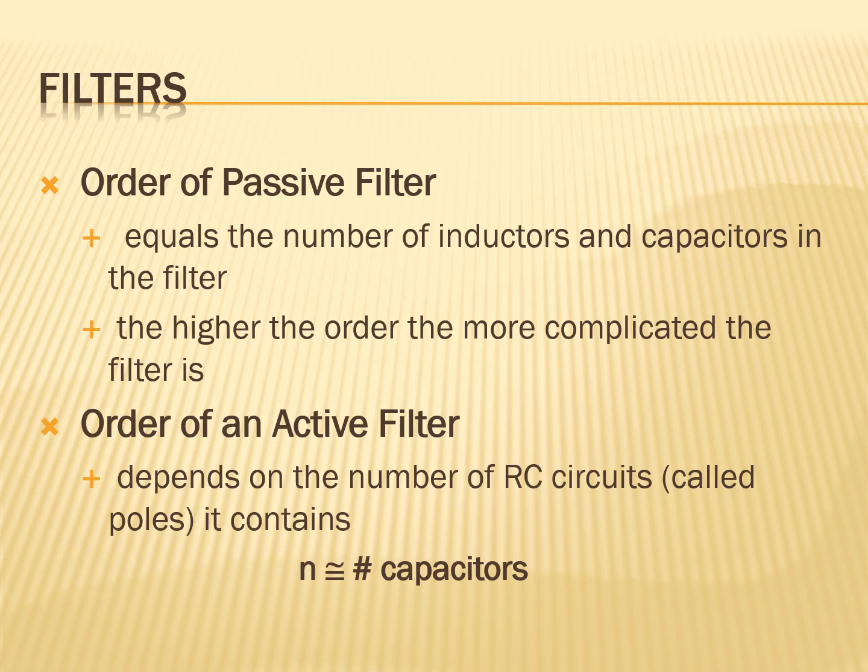So we have another term here: order of passive filters. When we say order of passive filter, this is equal to the number of inductors and capacitors in a certain filter. Okay, so for example, we have 2 inductors and 2 capacitors, our order is equivalent to 4. For example, we have n inductors and n capacitors, so therefore our order is equivalent to n. So for passive filters, order is also given in terms of n.